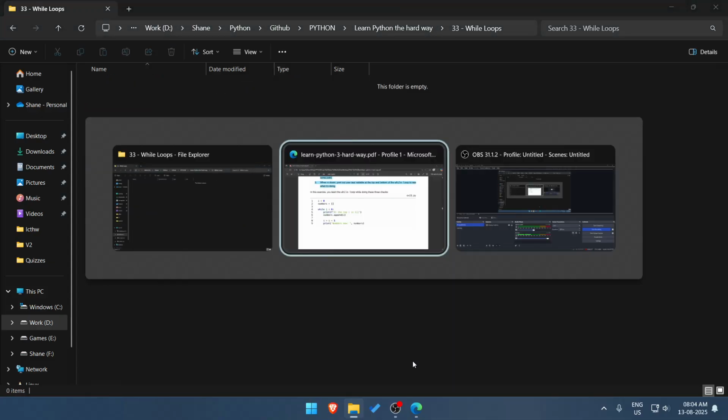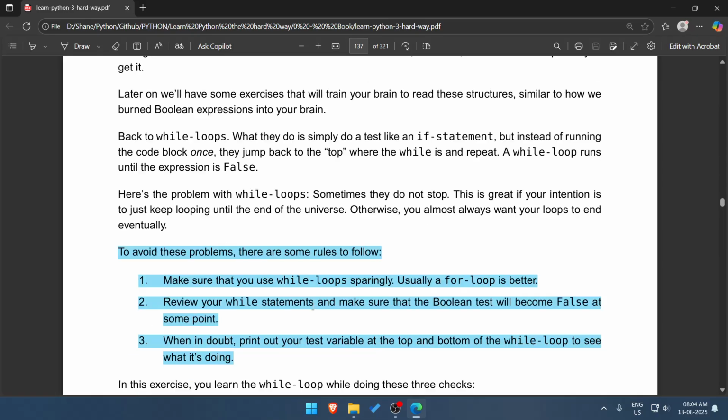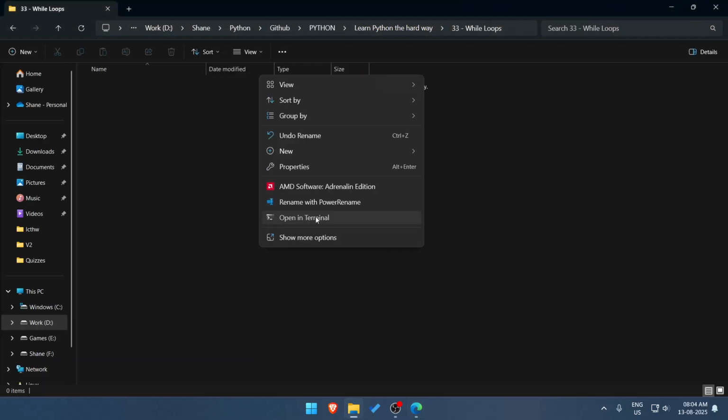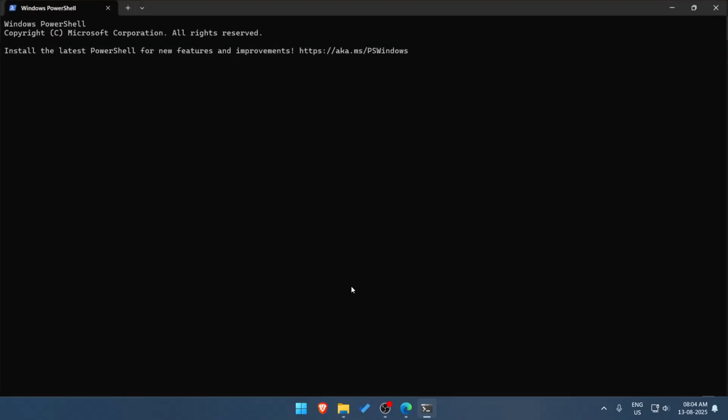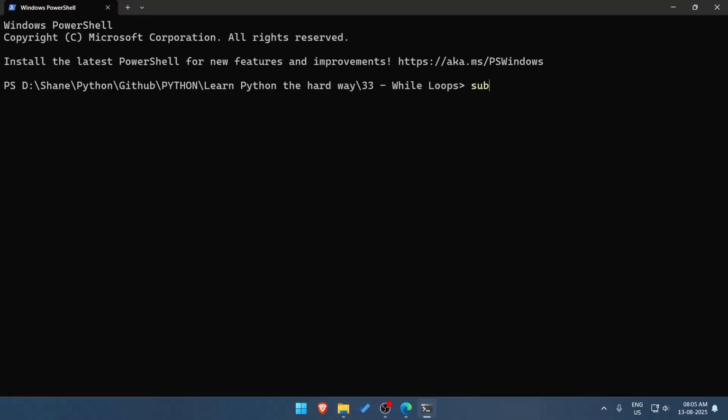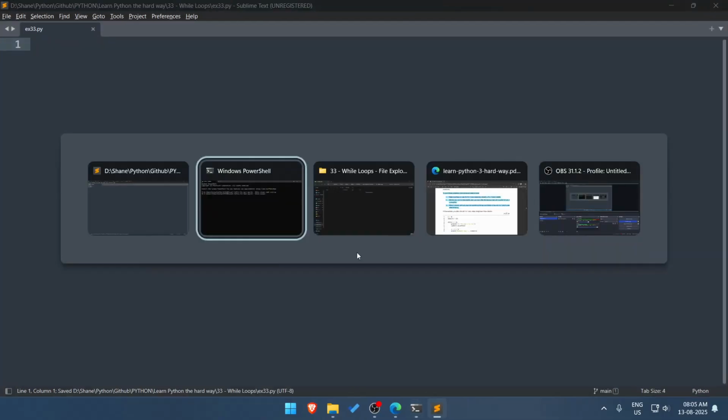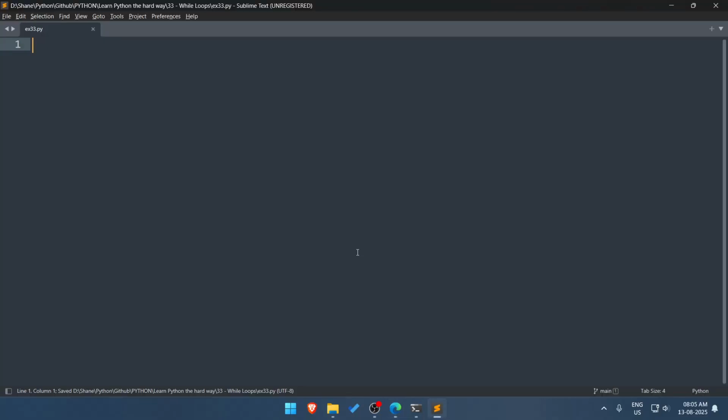So we'll create while loops. Then we can create file 33.py, and here we have a, then we have a list.